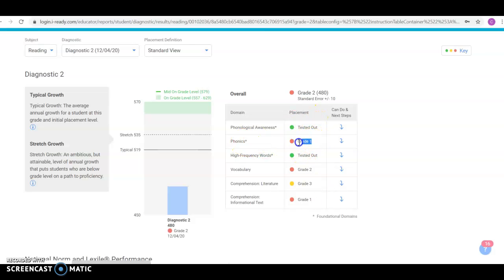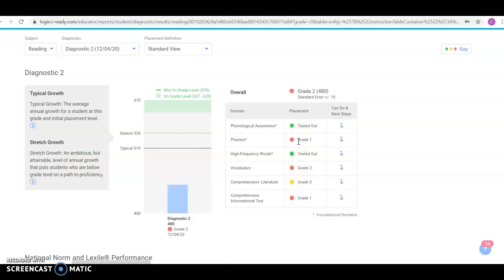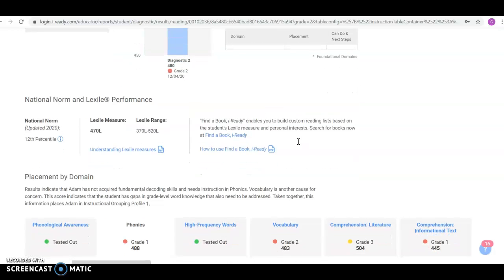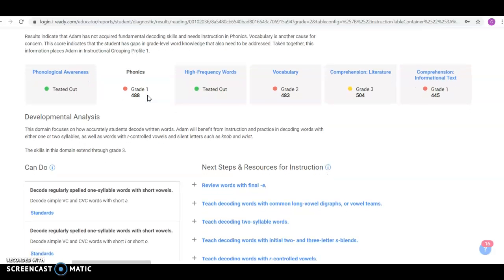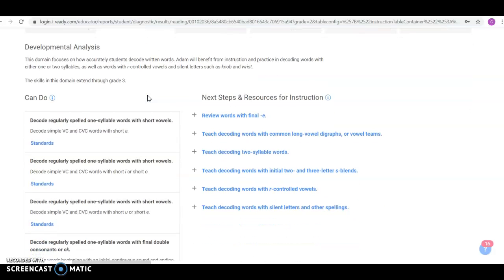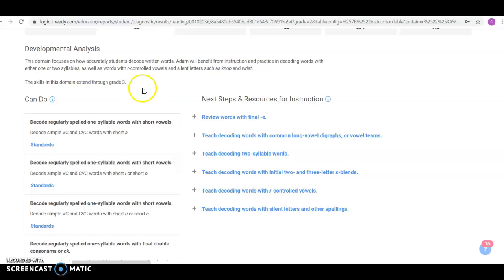Phonics. Let's take phonics for example. He is low in phonics. So I'm going to come down here. Okay, phonics, grade 1, 48. That's something I definitely need to reteach. It is something that he's not grasping. So I'm going to come up with ways that,